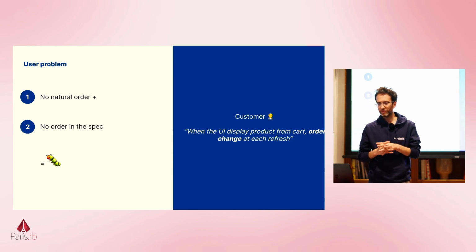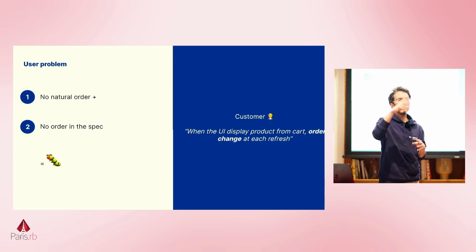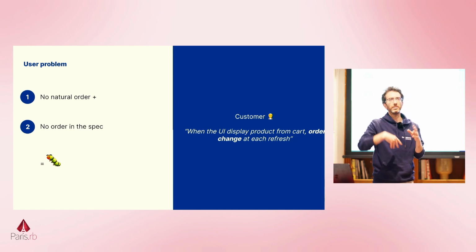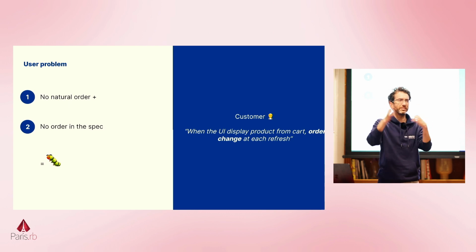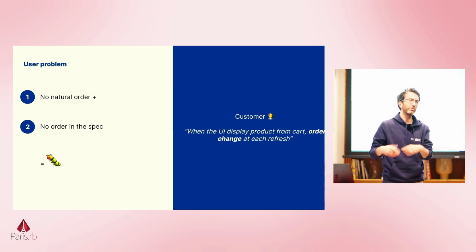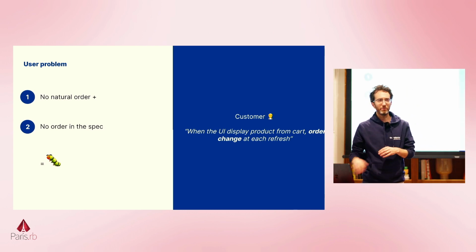a simple problem. When you develop a feature, you iterate on a collection, and then you display it on your UI. And then your product manager comes to you and says, oh, each time I refresh, the data are in another order. So it's a bug, and you need to rework your feature. And it's a problem because rework takes a lot of time.